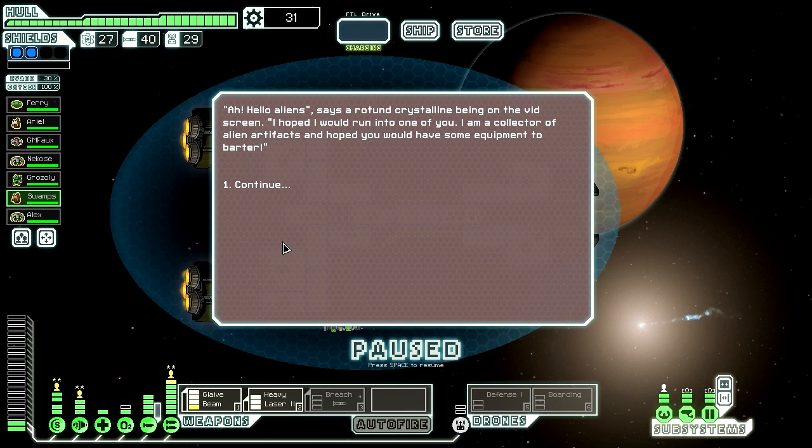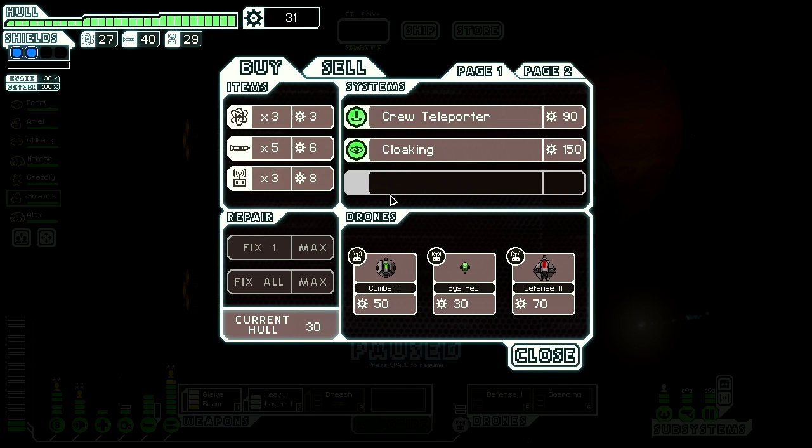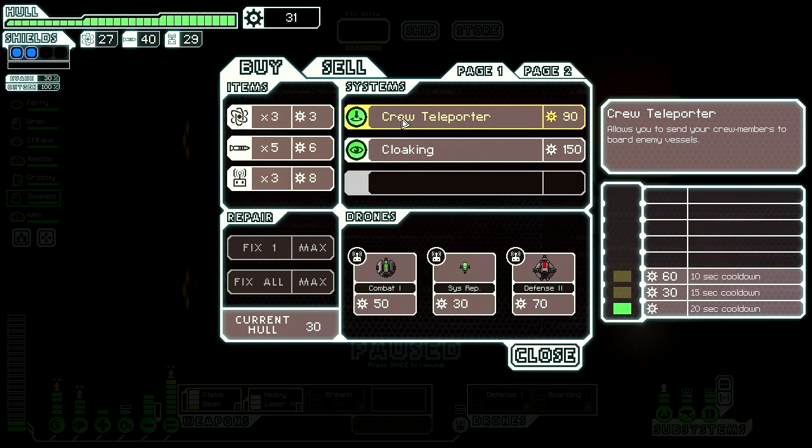Hello, Mr. Merchant. Well, this is really easy. Am I just doing this wrong? I think I'm doing this wrong. "Ah, hello, alien," says a rotund crystalline being in the vid screen. "I hope I would run into one of you. I'm a collector of alien artifacts, and I hope you would have some equipment to barter." That's nice. Ooh. Aha! Cloaking! And a teleporter! And I've got